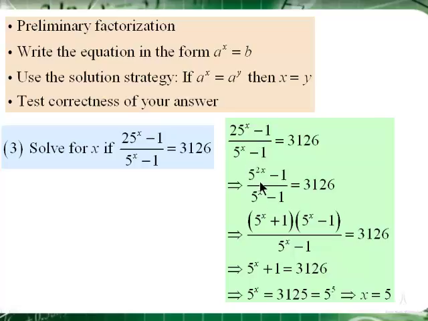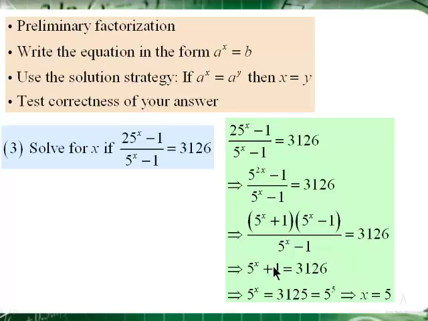So as I mentioned, that 25 to the power x is 5 to the power 2x, or more specifically 5 to the power x all squared. So therefore we factorize the numerator as the difference between two squares, and then the 5 to the power x minus 1 can cancel out, and we end up with 5 to the power x plus 1 is